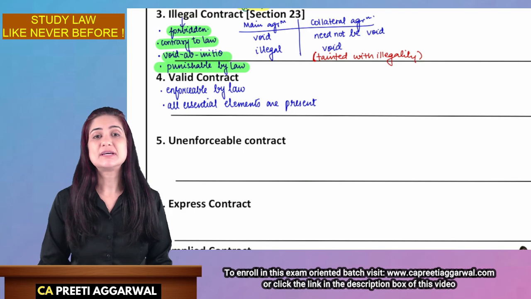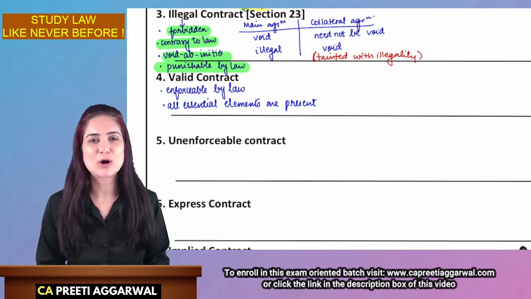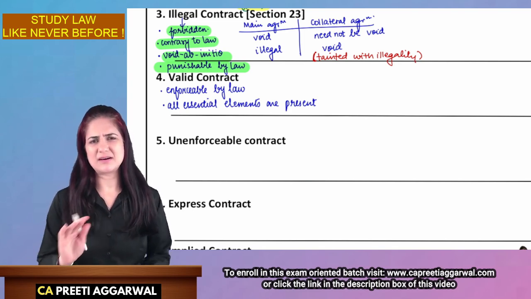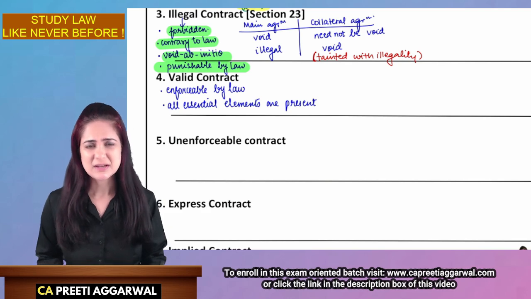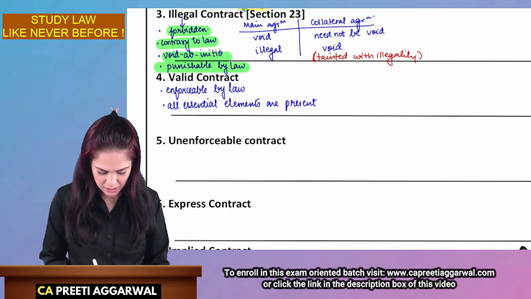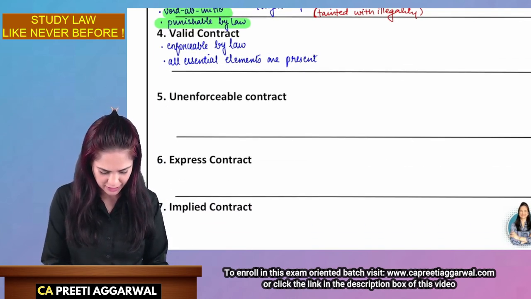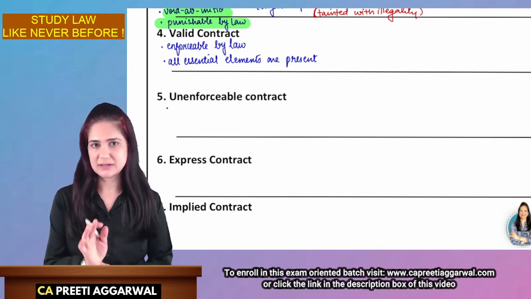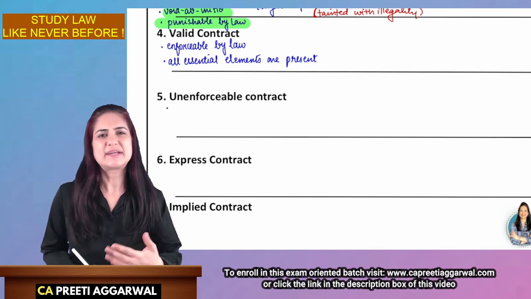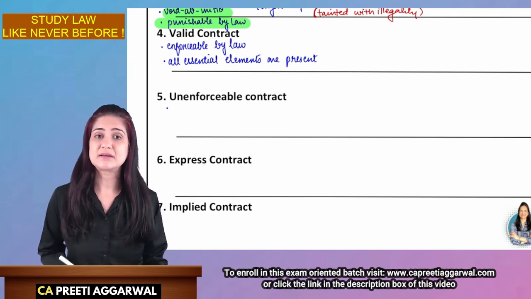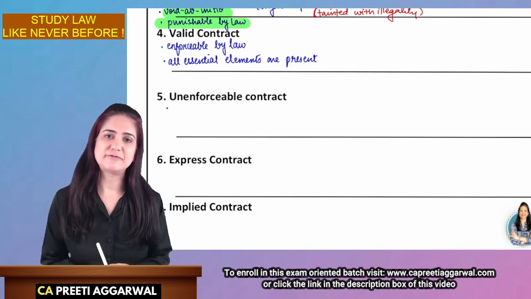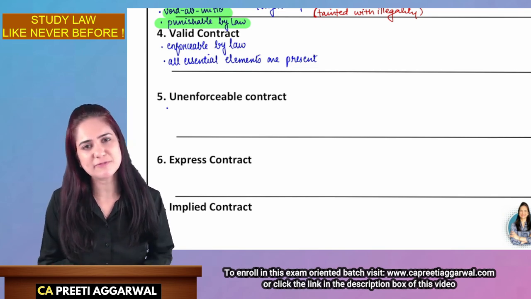Next, we have what is an unenforceable contract. What is an unenforceable contract? All the essential elements are present. Only thing is that there are certain legal formalities which are not complied with. So in case of unenforceable contract, it is a valid contract. Other essential elements are present, but there is some kind of technical defect. Like it is not in writing, it is not attested. So for the time being, the contract is unenforceable. I got it in writing, contract becomes enforceable.